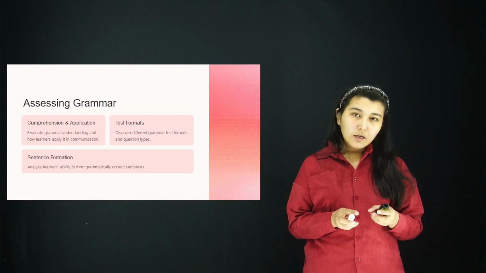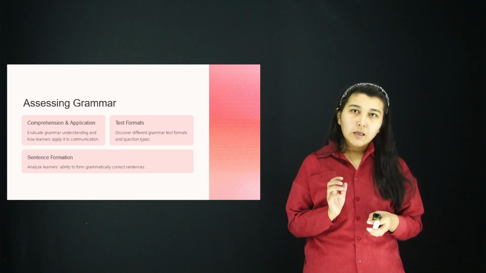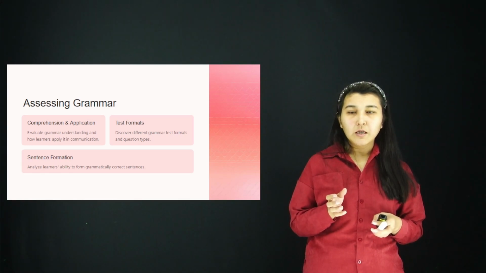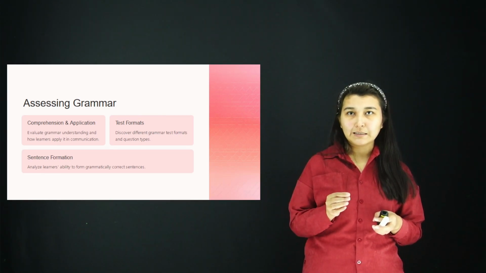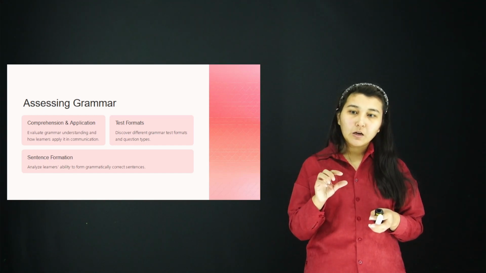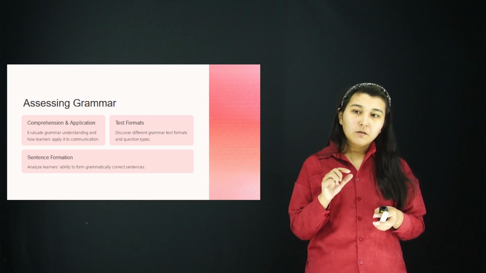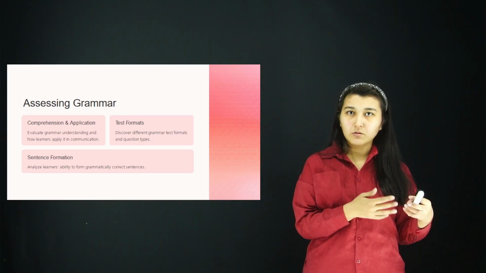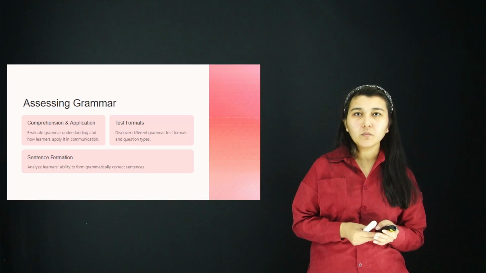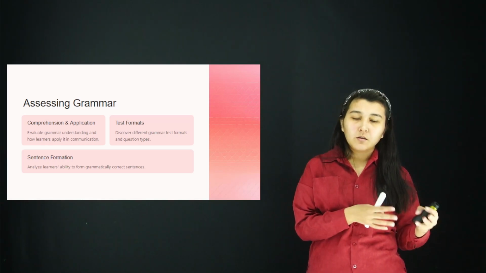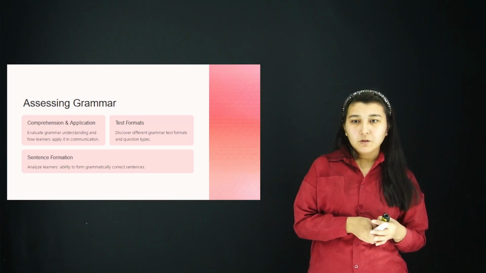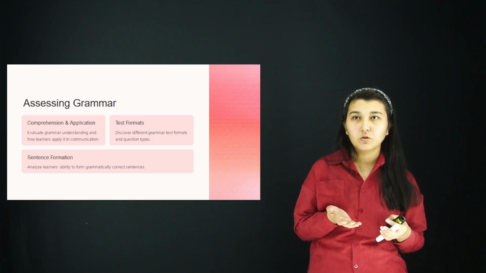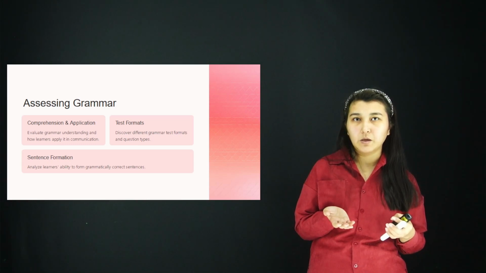And the next one, as I mentioned, is indirect methods. It's understandable from the name, because it is assessing grammar indirectly via some non-related to grammar tasks. For example, tasks which are non-related to the grammar. For example, you can give role play maybe, or discussion maybe, or you can give some oral speaking maybe, and